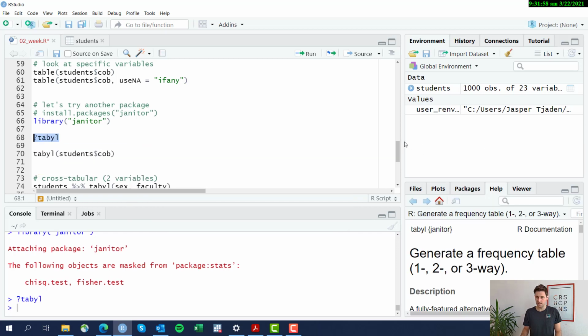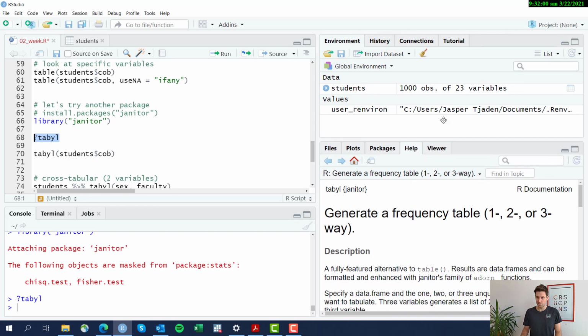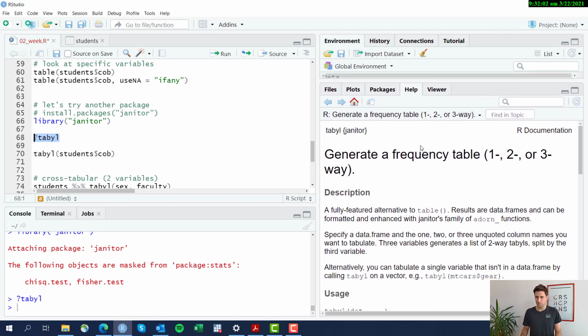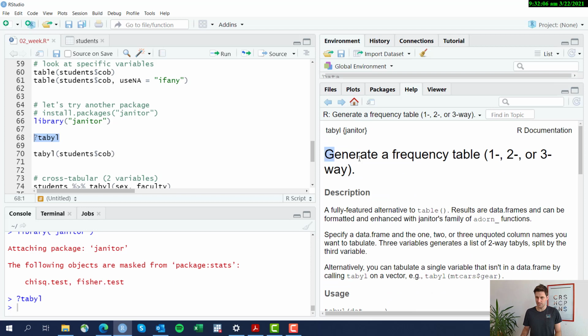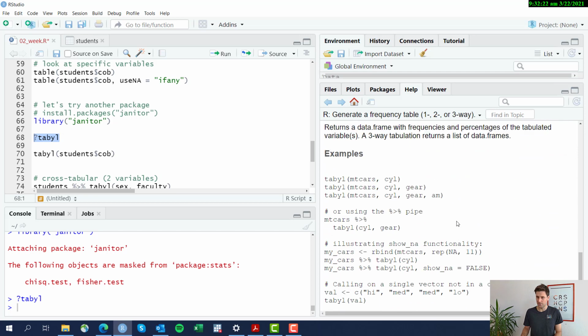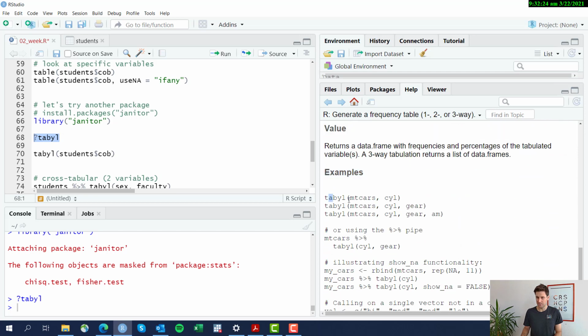and execute that. And now we see here on the right hand corner a help file popping up, and it actually describes what it is and what it does. So let's see. It generates a frequency table, just like the table function we've seen before, a fully featured alternative to table. Results are data frames and can be formatted and enhanced with janitor's family of adorn functions. Okay, and it also lets you scroll down and gives you some examples here,